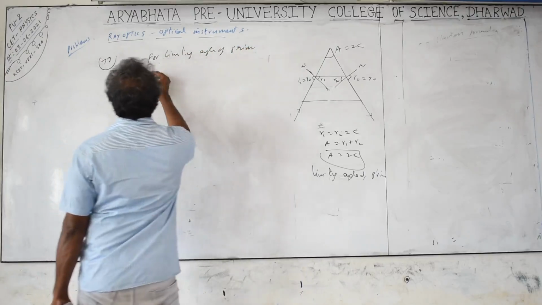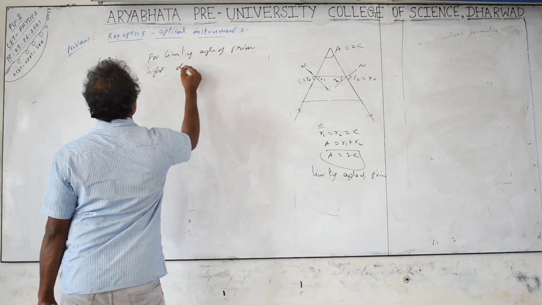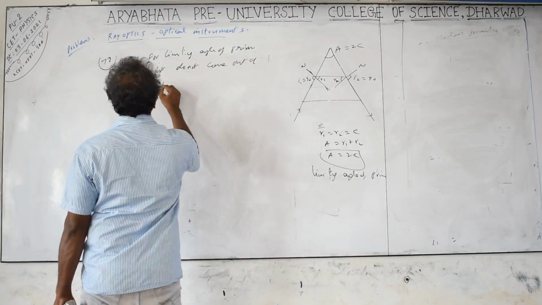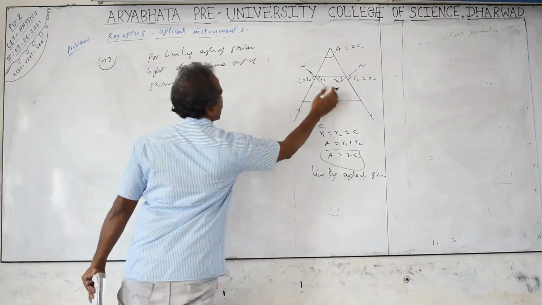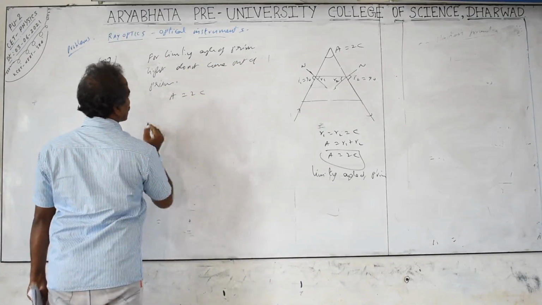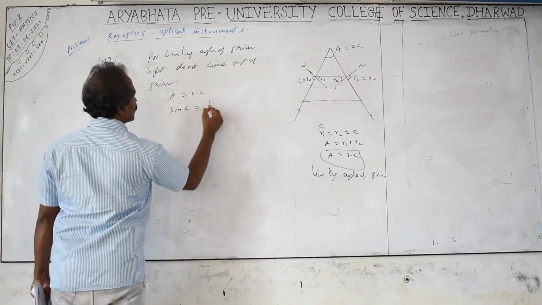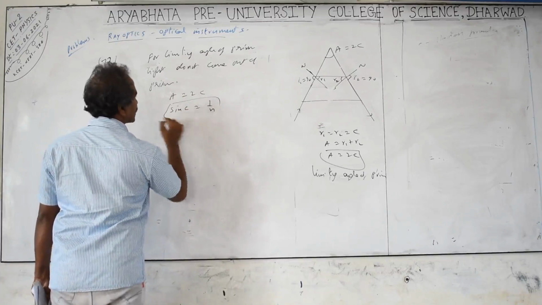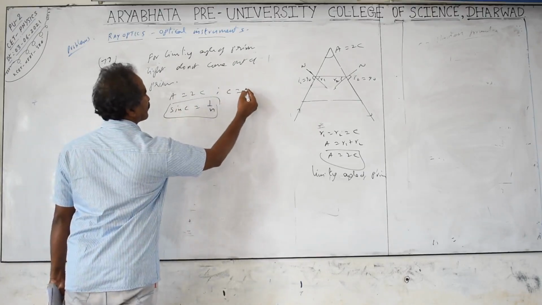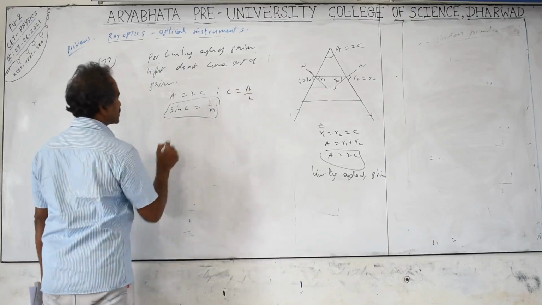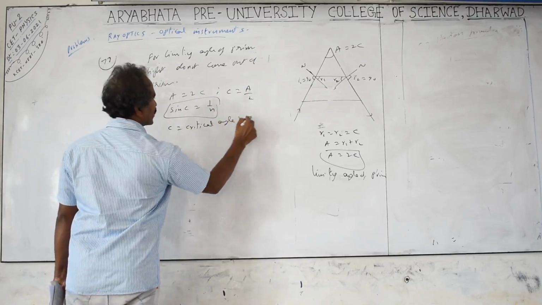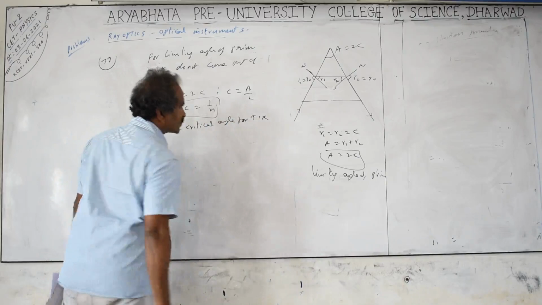Prism, light does not come out of the prism. Whatever is the angle of incidence you take, light will not come out from the second surface. Then A equal to 2C we have, and sin C is nothing but equal to 1 by n. Substituting here, C becomes equal to A by 2, the critical angle for total reflection. A is the angle of the prism and C is called the critical angle for total internal reflection. In terms of this, you have to show the expressions.